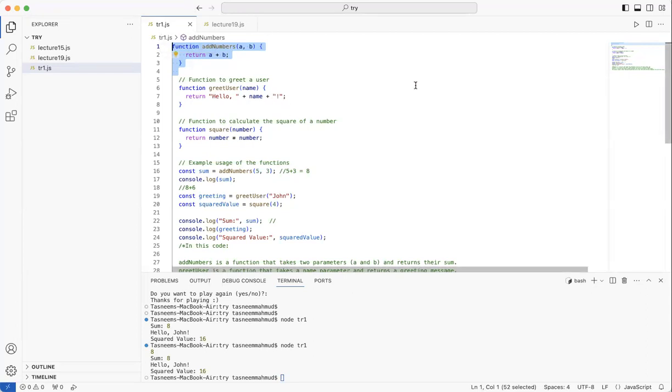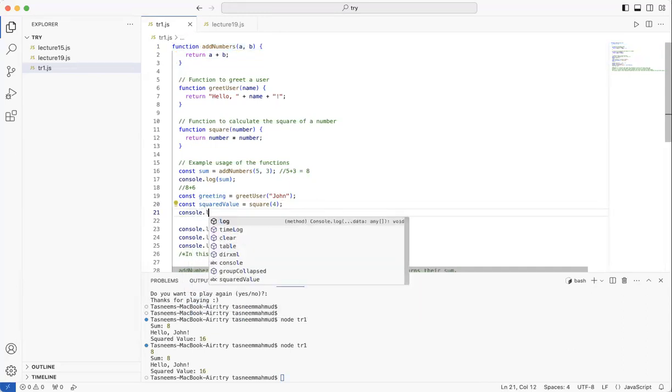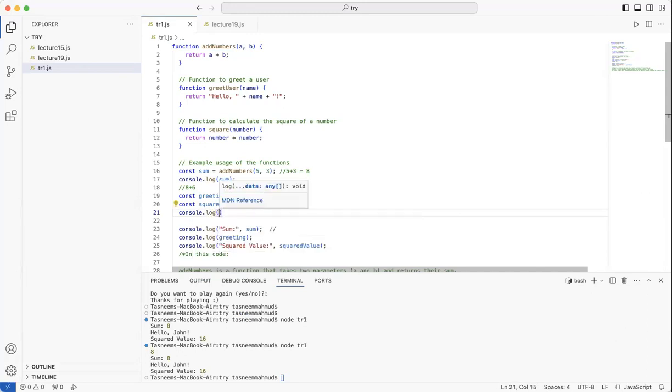Greet user. Okay, so if I wanted to greet every single one of you, I would have to write console.log and then write down your name again and again, right? For every single time, I will have to console.log.